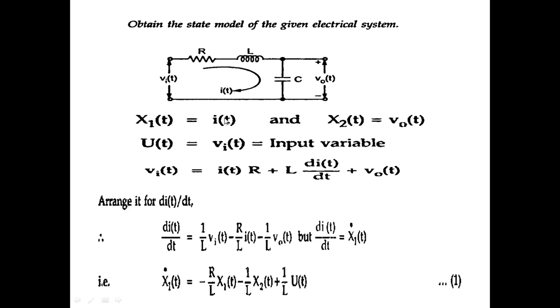So x1 dash of t we can rewrite by replacing the current and V naught with the variables. That is, x1 dash of t equals minus R divided by L into x1 of t minus, where I of t is nothing but